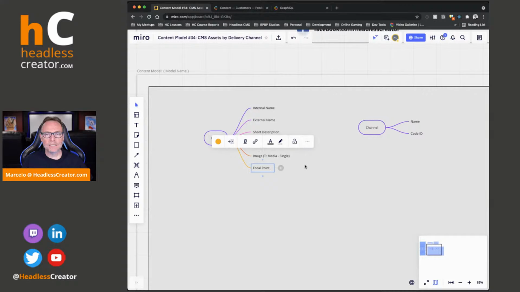Now, many headless CMSs give you the ability to extend the UI by adding an app. So in the case of Contentful, here's what I'm using. We're going to use the focal point app, which they offer. But almost every headless CMS